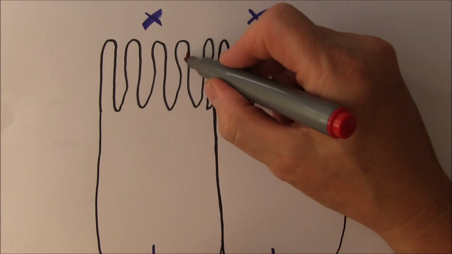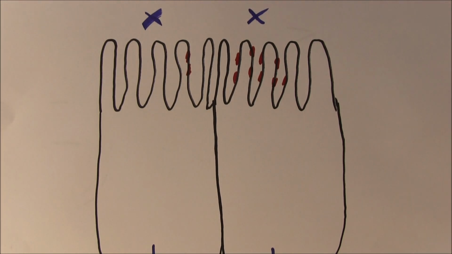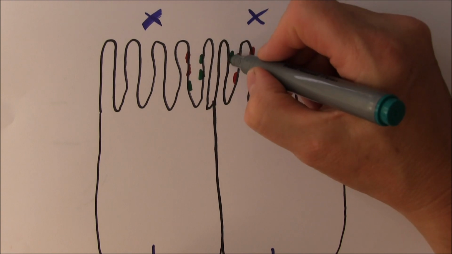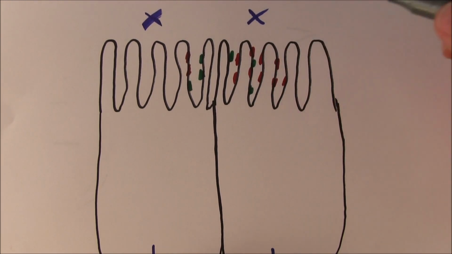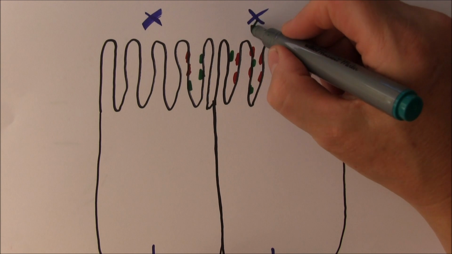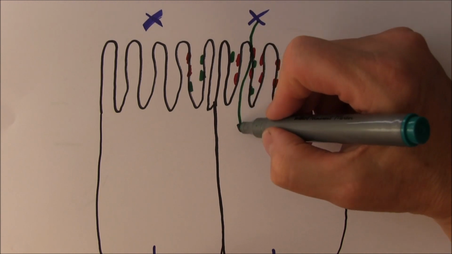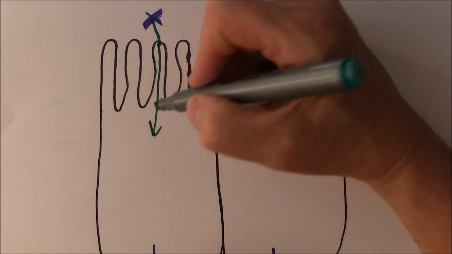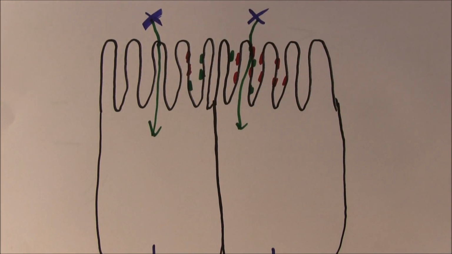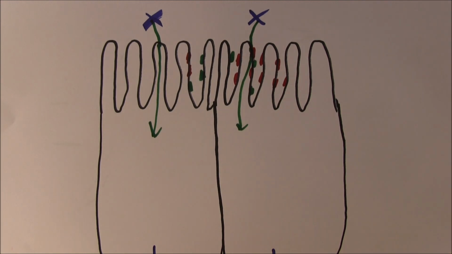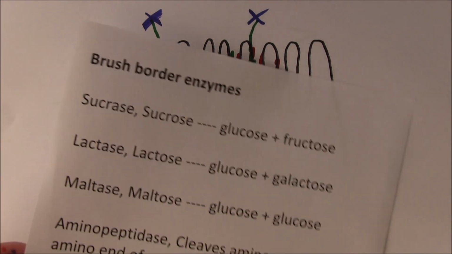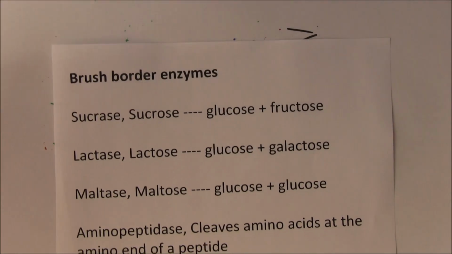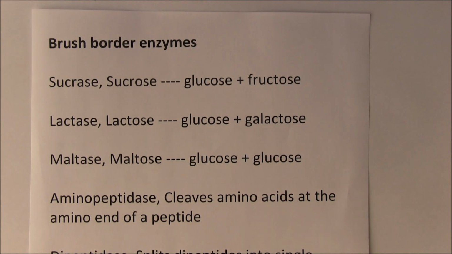That means when the products of digestion are absorbed, they've got to go through this membrane, and this membrane contains these enzymes, and as they go through this brush border membrane, the digestive process is going to be completed. So these are what we mean by the brush border enzymes, literally in the phospholipid bilayers of these brush border